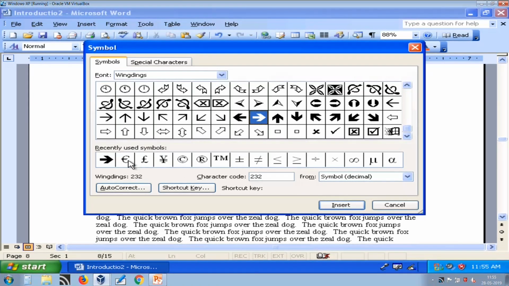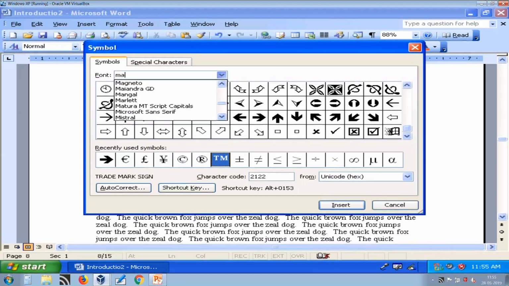You can use characters like pound, dollar, copyright, registered, trademark, less than or equal to, greater than or equal to, mu, alpha, infinity, multiply, division, etc. Here you find recently used symbols, and from here you can change that.